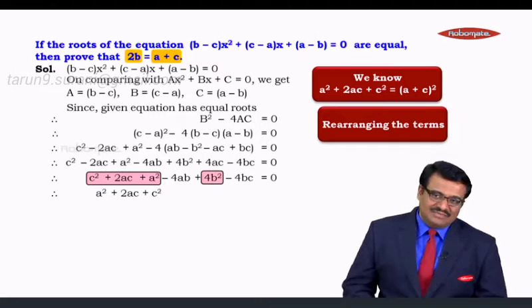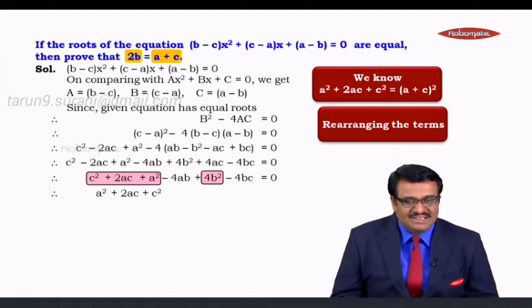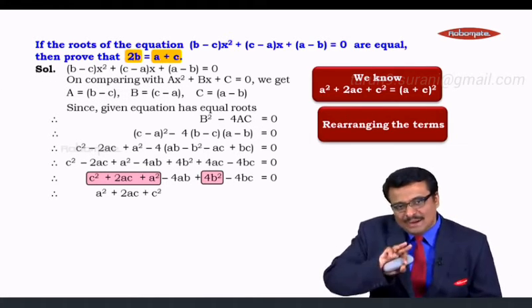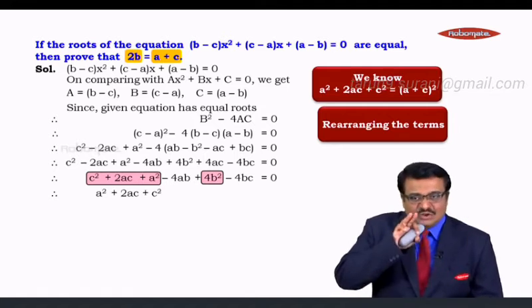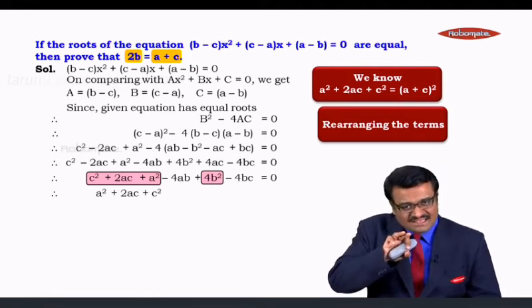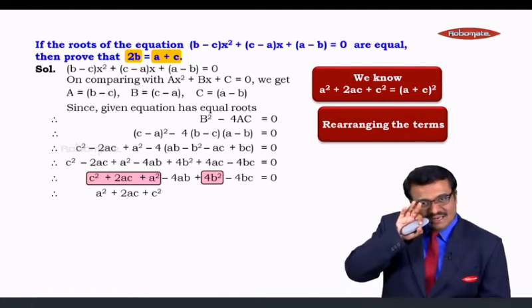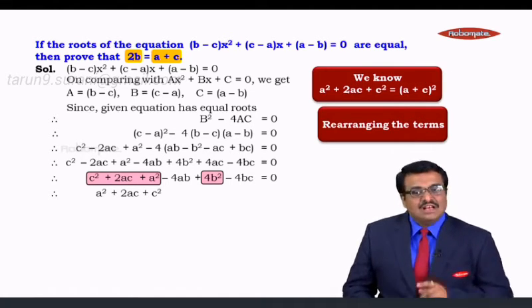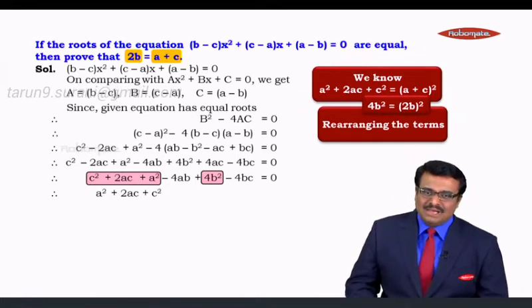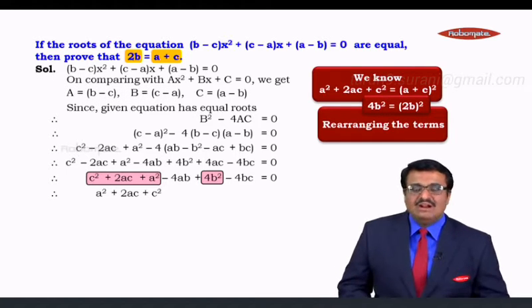that 2b also. And can you see there is a 4b square with us? 4b square is nothing but 2b the whole square, right? So in the next term, we will write what? That 4b square, so that we get 2b the whole square also. So whatever is needed to prove, we have it, right? So after this, we will write plus 4b square, which is nothing but 2b the whole square.